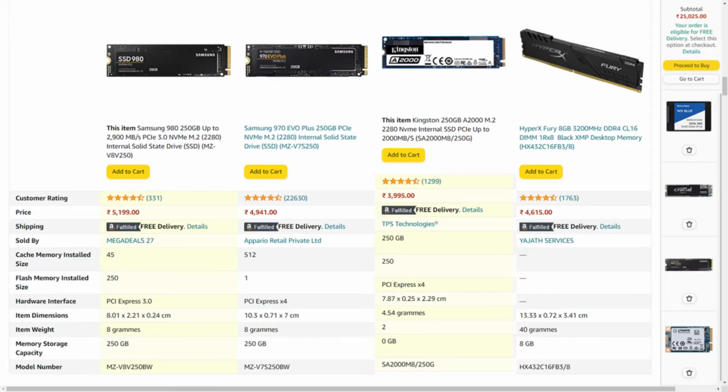But in local SSDs, or the SSDs which are cheaper, they will remove the cache to save some money. But in SSDs where the costs are higher, as you can see, they will specifically mention they have a cache in them because they will perform much better. Now you know you should only buy an SSD which has a built-in cache.